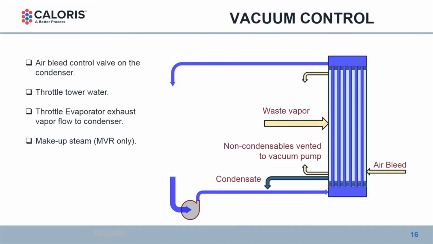Alternative ways are throttling the cooling water flow. If you reduce the flow, you get less cooling through the tubes, and you will, in effect, raise the pressure level inside the shell of that condenser. Or, on the waste vapor coming into the shell, you can put a throttling valve on that and take a pressure drop across that valve and let the condenser be at a deeper vacuum level than your last effect of the evaporator system. And for MVR evaporators, which run very close to a neutral energy balance, you can also control